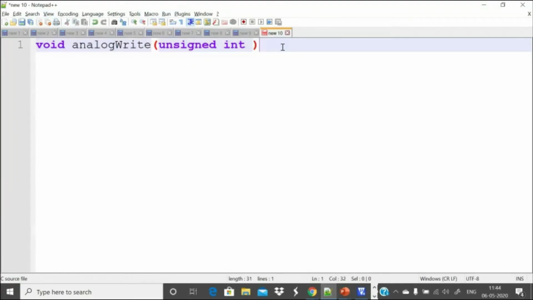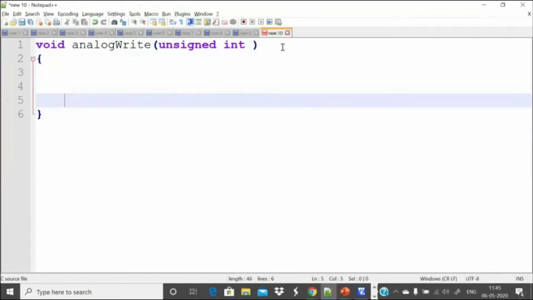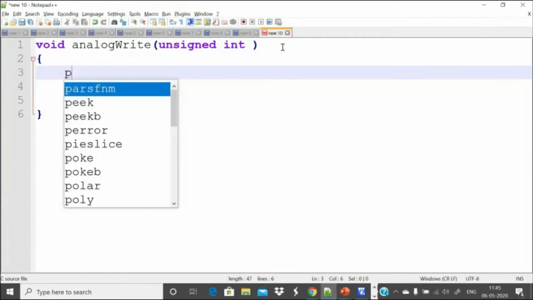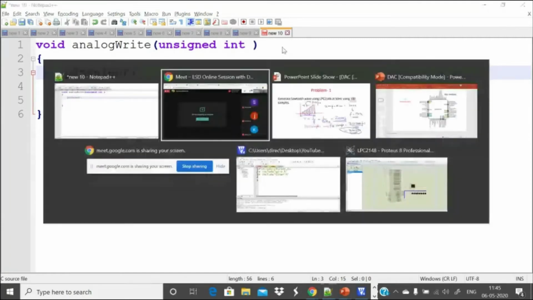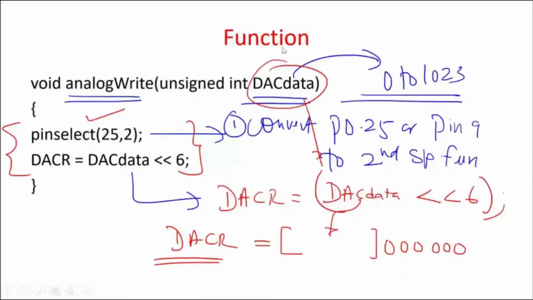So analog write. Only two jobs. First one I call my pin select. Which pin of port 0 do we have to deal with here? The 25th pin of port 0.